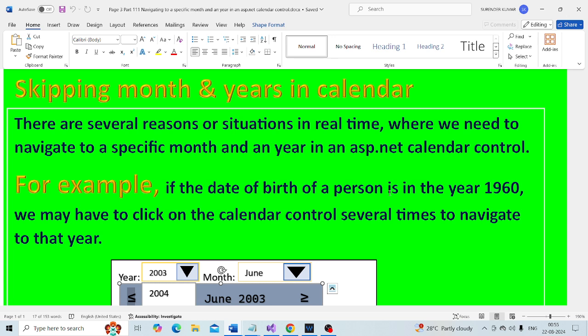For example, if the date of birth of a person is in the year 1960, we may have to click on the calendar control several times.